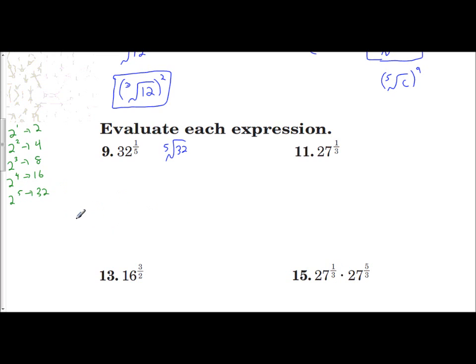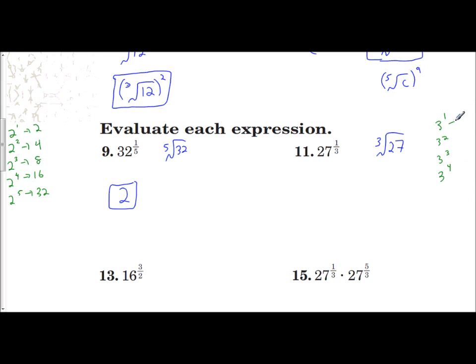And so you should know, for me, what the first 5 powers of 2 are by heart or be able to find them very quickly. And so you should know, without the use of a calculator, that 32 to the 1/5 power, or the 5th root of 32, is the value 2. Same thing, 27 to the 1/3 power is the cube root of 27. For my class, you should know 3 to the 1st power, 3 squared, 3 cubed, and 3 to the 4th. At least the first 4 powers of 3. If you know the first 5 powers of 3,